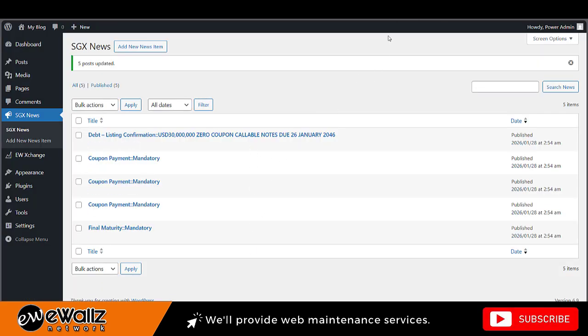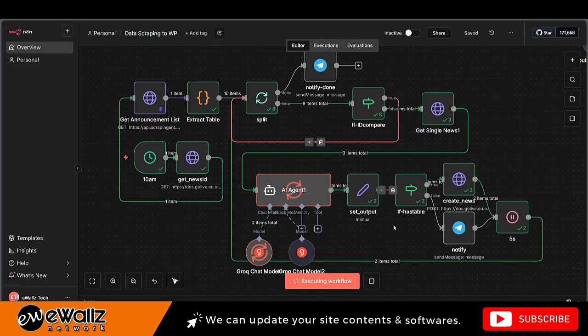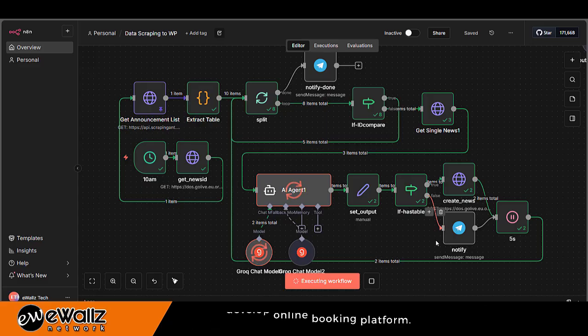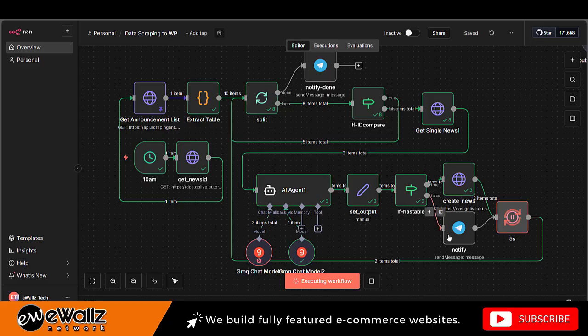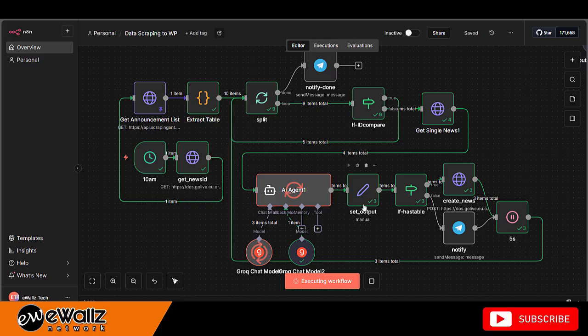After this, we will refresh this page and we will see the workflow here. Okay, so far we didn't get any notification for the second validation for the table formatting, meaning that the AI is doing its job very well with the output. So we have finished a total of 3 items for the news. So we still have 2.